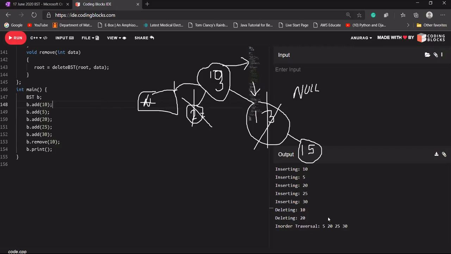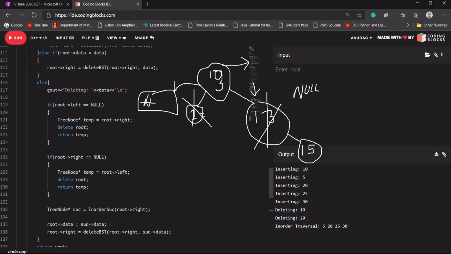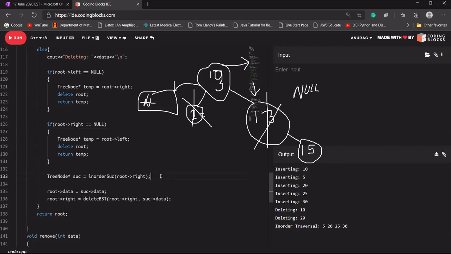When the data is matched, we print deleting 10, and if its left and right are not null, we fetch its in-order successor and write the successor data into the root's data. We have not deleted that node, and now we delete that successor data. So the successor data is present two times, and that node will be deleted again.